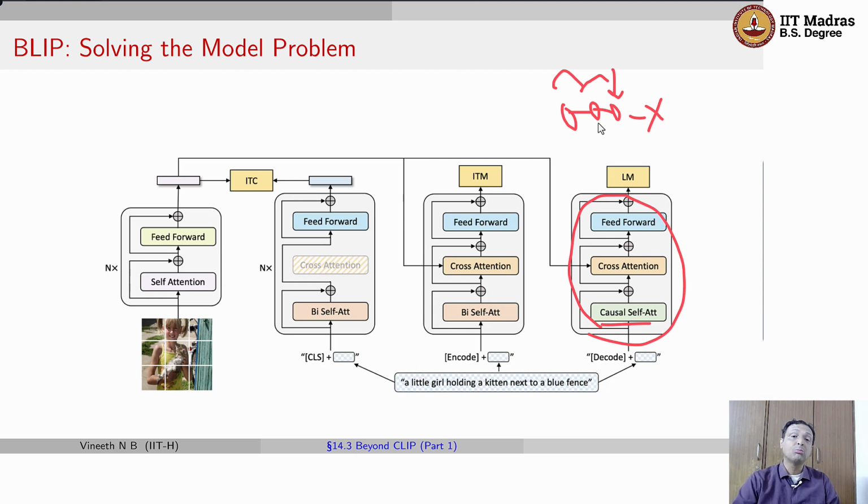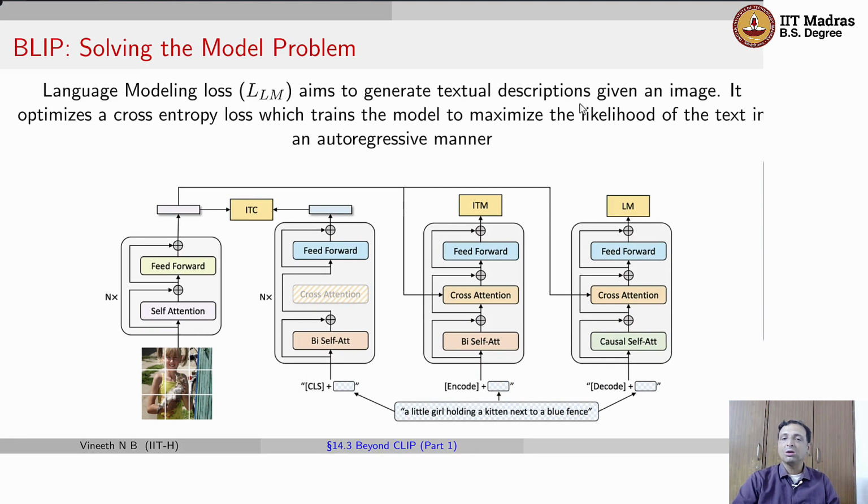This is done so that the model learns to predict text in an autoregressive manner by looking at only the previous text to predict the next word. So clearly you can imagine what the output of this block would be. This block outputs textual descriptions given the image. As I was mentioning, once again in the fourth block you have the image embedding that is also provided for grounding alongside your text tokens. So the purpose of this block becomes to generate text descriptions given an image, and it optimizes a cross entropy loss